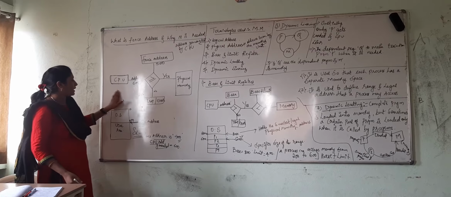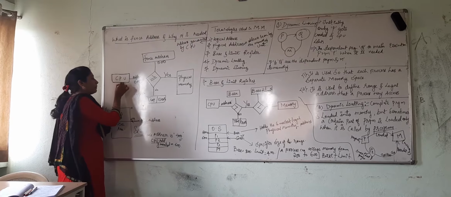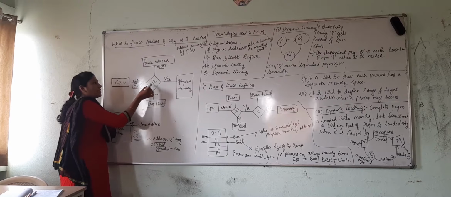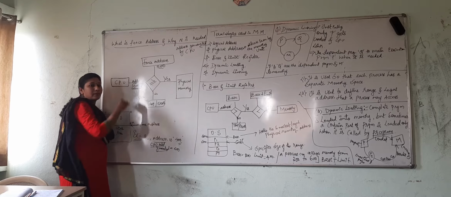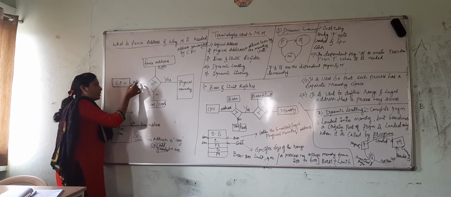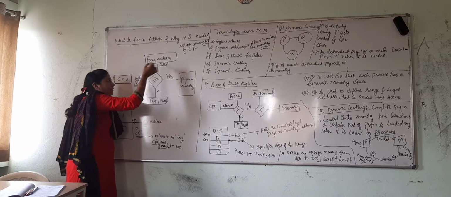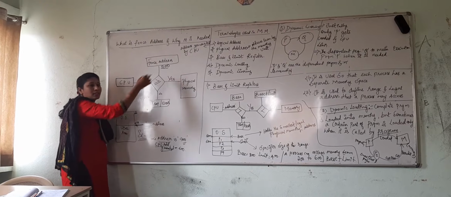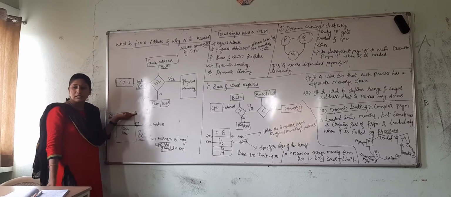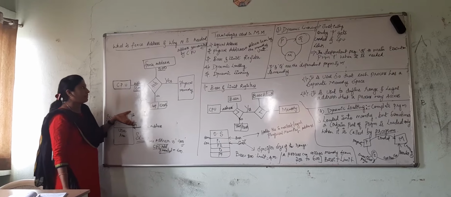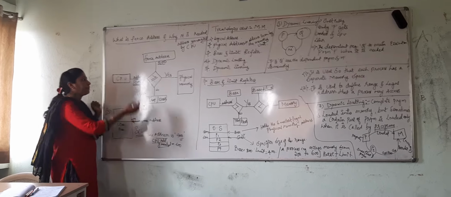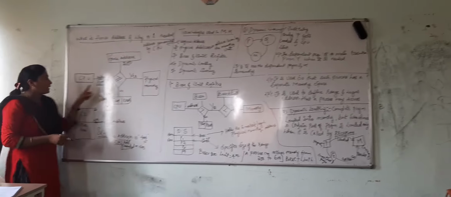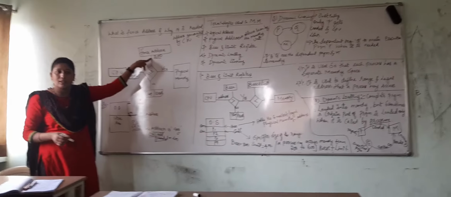Fine. Now we can easily say that if the address generated is compared with the fence address, 600 is greater than the fence address. The CPU address generated is 600, the fence address given was 500. As we have mentioned from 0 to 499, it means the fence address is 500. We are indexing right from 0, right? That's why the total size of the fence address is 500. So the CPU address generated is 600 and the fence address is 500. Is the CPU address not greater than the fence address?